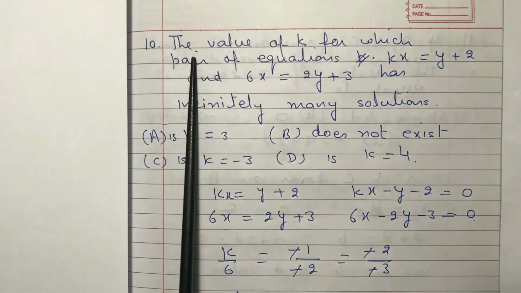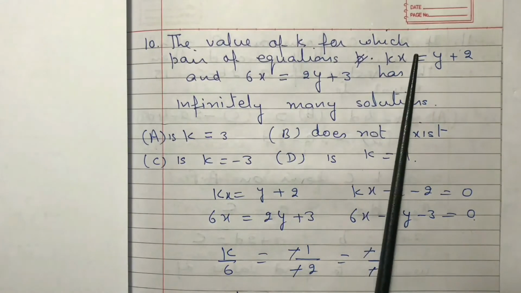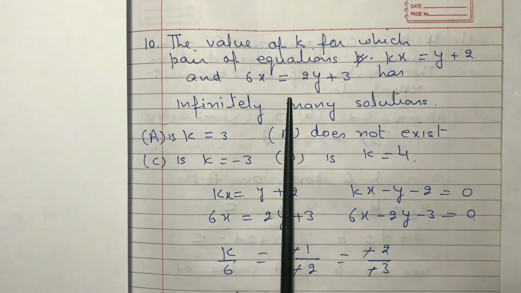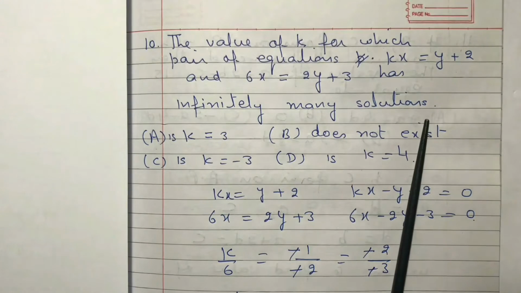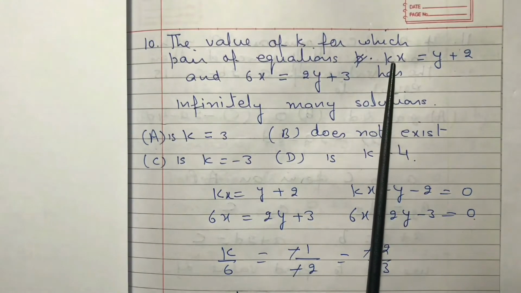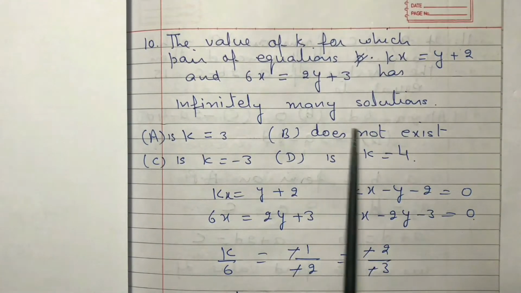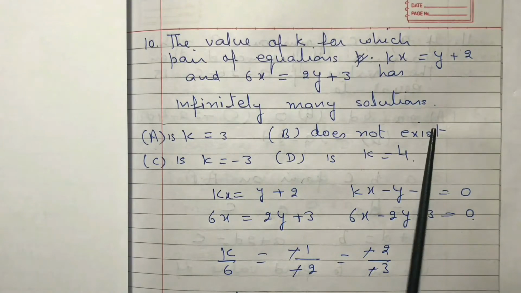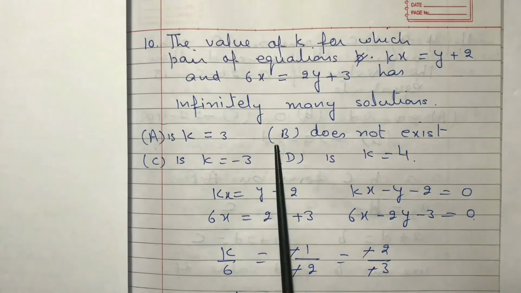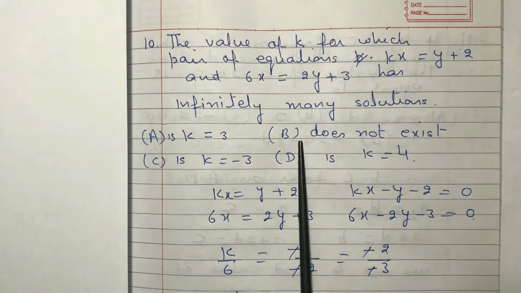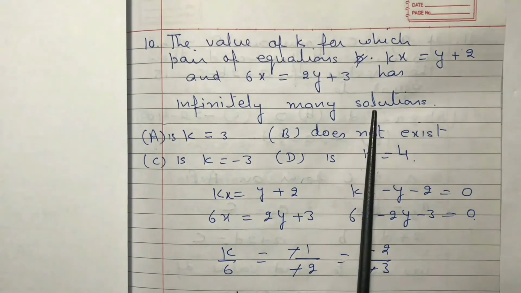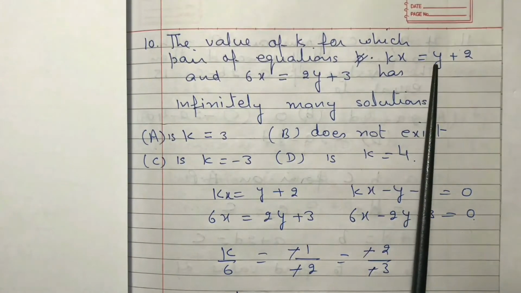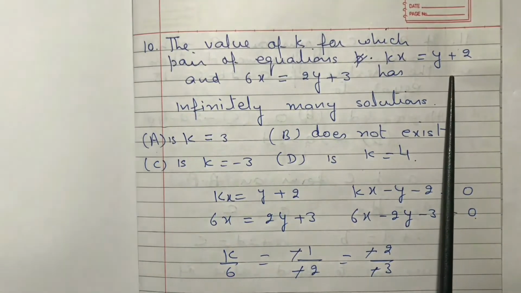Now 10th question, the value of k for which the pair of equations has infinitely many solutions. आपको k की वैल्यू बतानी है जिसके लिए इसके इनफाइनाइटली मैनी सॉल्यूशंस हो। तो इसका जो आंसर आता है वो बी आता है, इट डजंट एग्जिस्ट। k की ऐसी कोई वैल्यू नहीं है जिसके लिए इसके इनफाइनाइटली मैनी सॉल्यूशंस हो। तो अब आपके पास ये दोनों इक्वेशंस हैं।